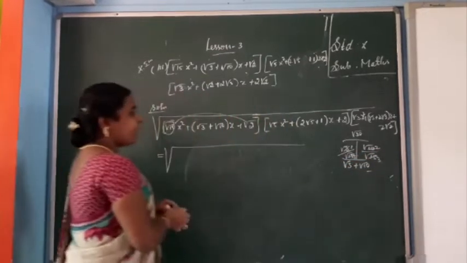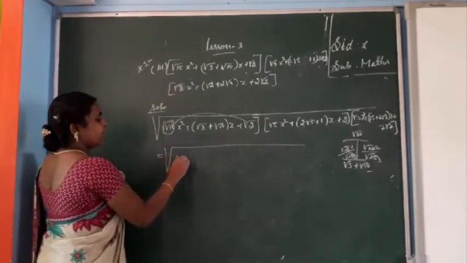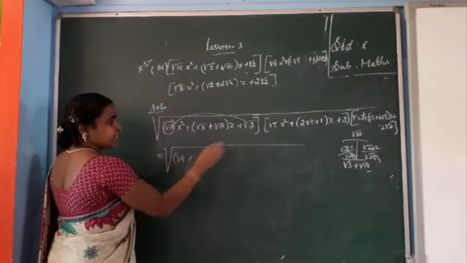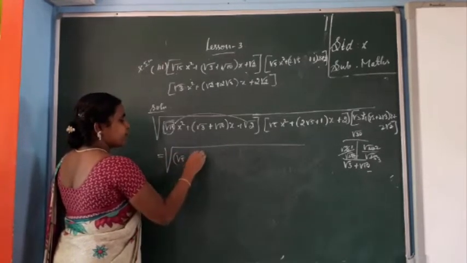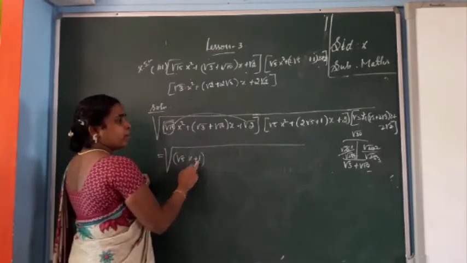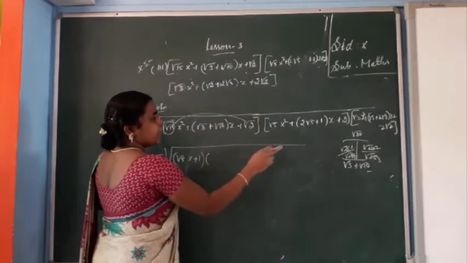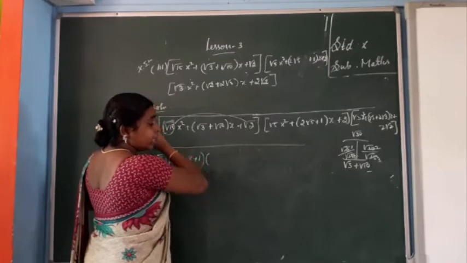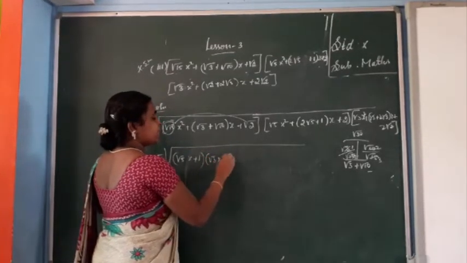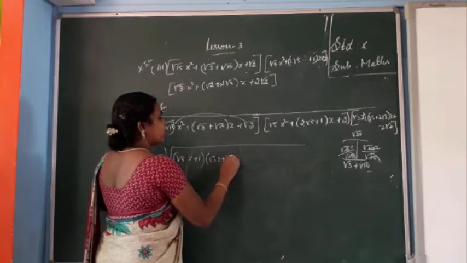So you say the factor root 5x. Okay, in the denominator you have to add 1x. So root 5x, then plus 1. In the numerator 1 is there. Root 1 means 1. Okay, next the second part. In the denominator root 3 is there. So root 3x plus, in the numerator, 1 root 2. So root 2.